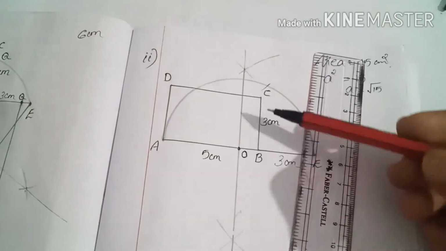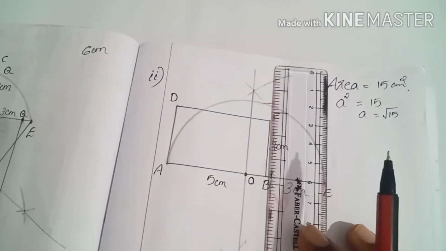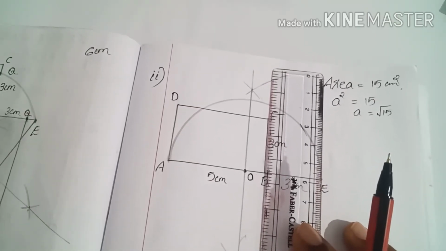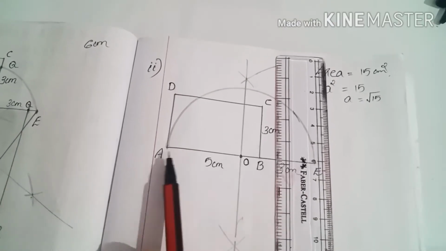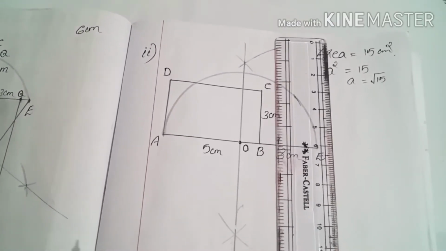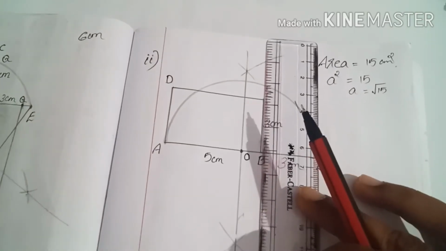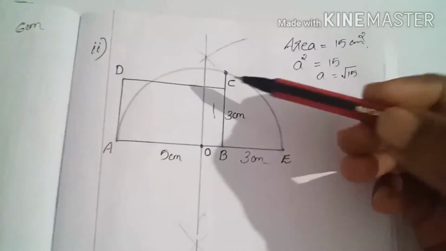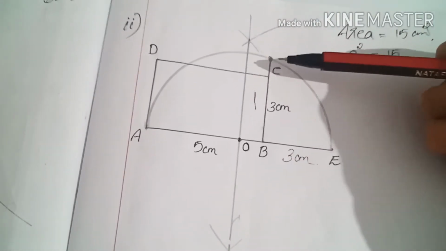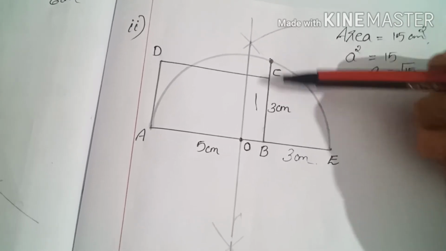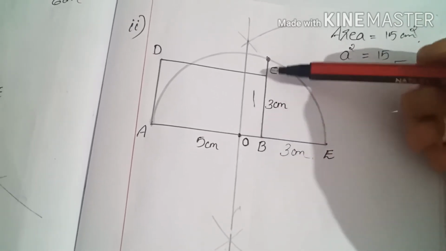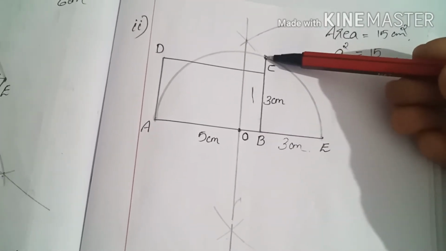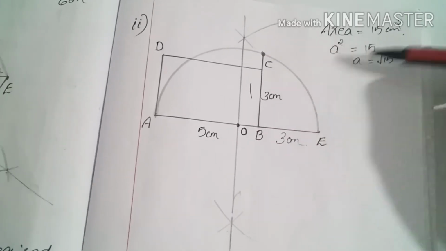Next step is to extend from the height point, towards the semicircle, from the point B. Always consider the base points, first point A and second point B, then you can avoid that mistake. So just extend from the point B through C up to this point. You will get one point here. This is the length for the square. That means root 15. The measurement from B to this point is root 15.